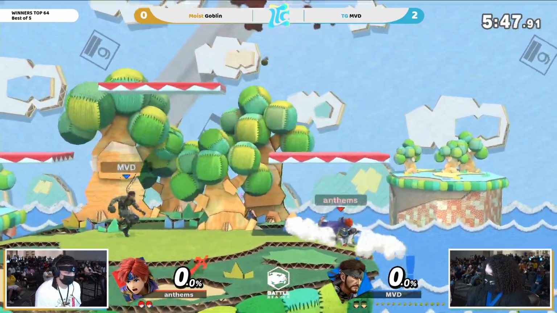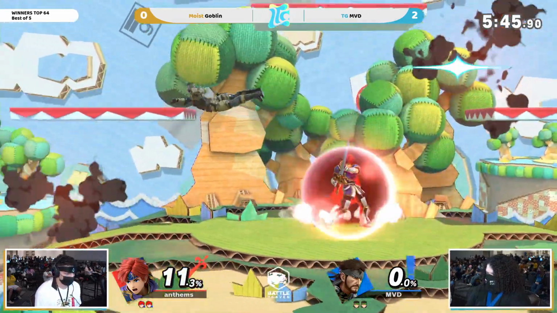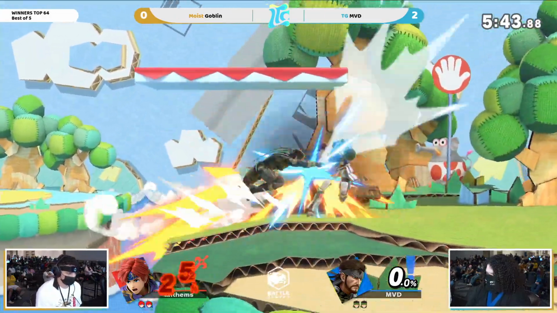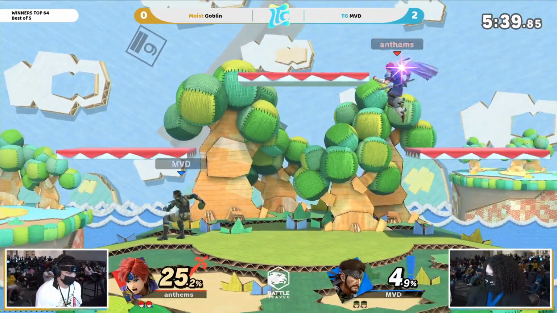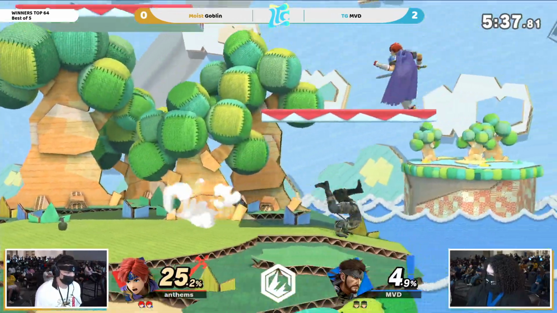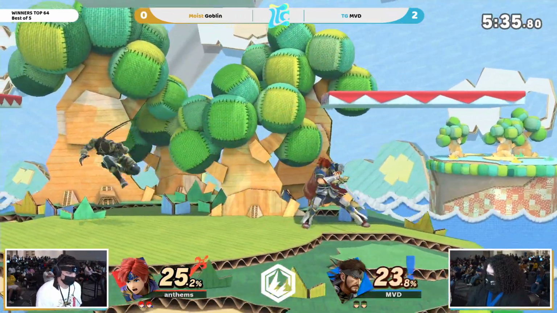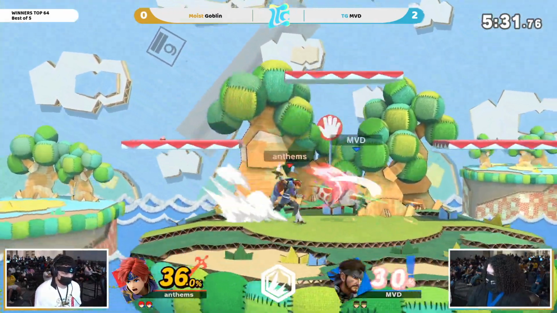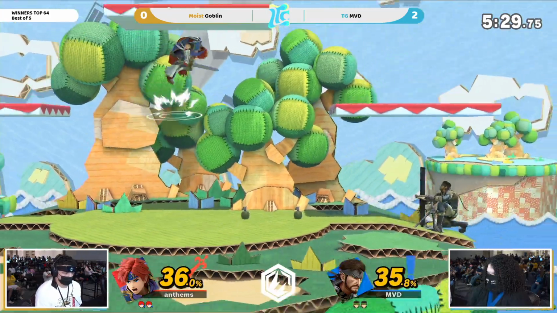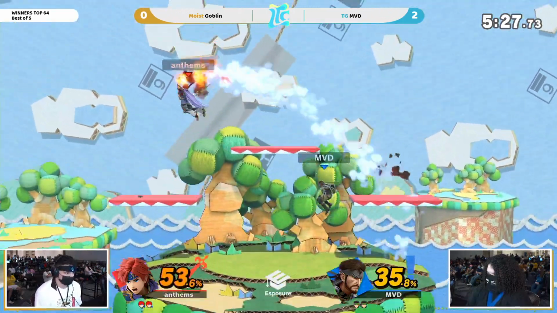MVD's just one game away from sending Goblin into that lower bracket. Yeah, even stocks, Goblin still has room to fight in here. Tossing both those grenades back at MVD. Big explosions. He's got to hold that. And Goblin is playing at a very slow pace. He doesn't want to rush in, and I appreciate that. Even in situations like this where it feels like it's high pressure, it's tense, not abandoning the game plan, but